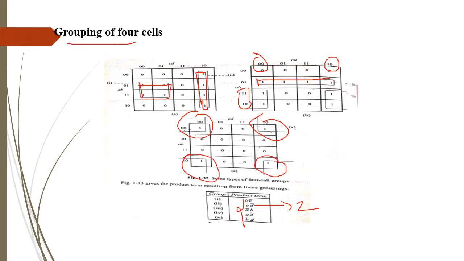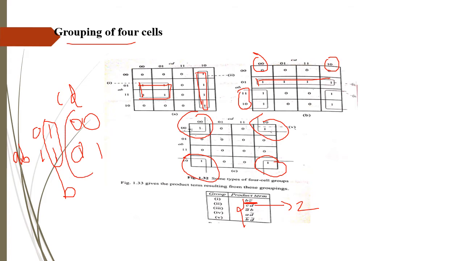Now if I consider this, I'll tell you how to write the expression. It is 01 and 11, this corresponds to AB, and then you have CD which corresponds to 00 and 01. As I already said, here you are going to get 2 literals in the product term. If I consider this first one, here B is common, so write it as it is, B, and here you have C the same, that is 00, so write C, but it is complemented since it is 0, so that is the first term B C bar. In the same way you can write all the other expressions.